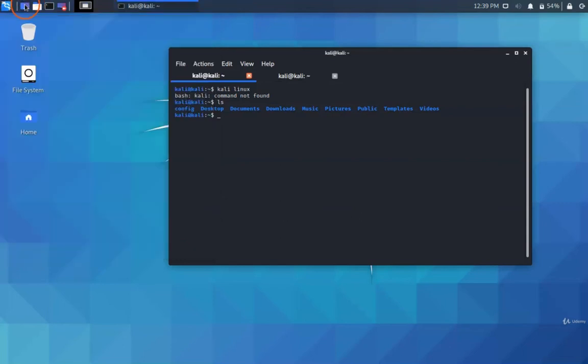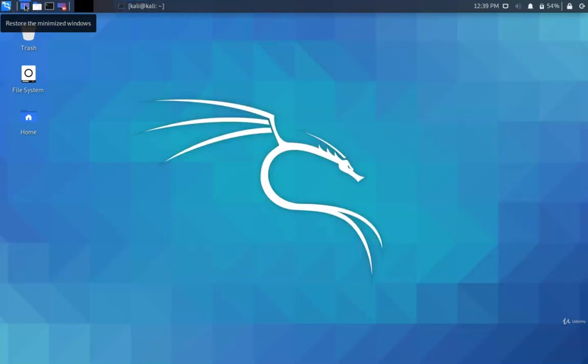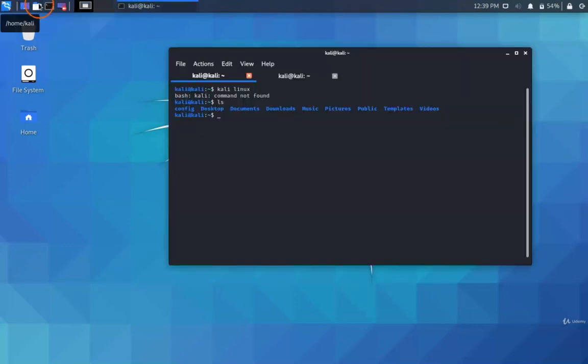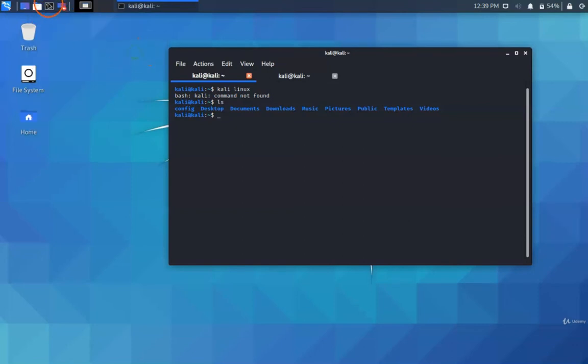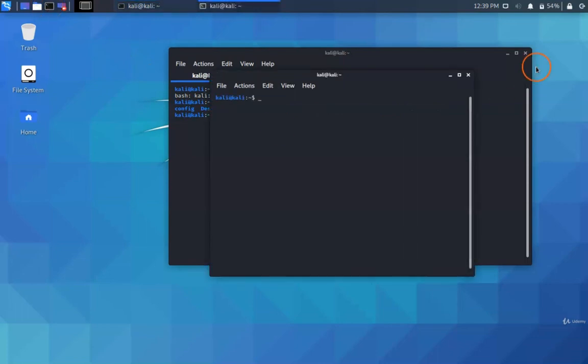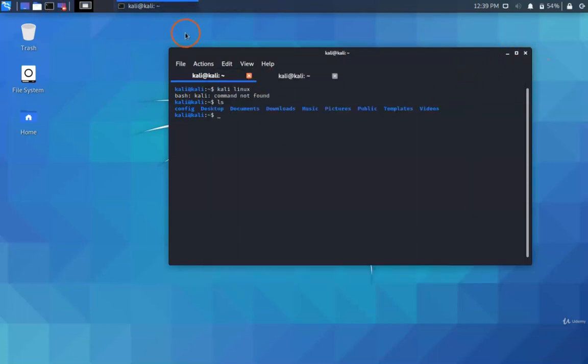Here we can see the minimize button that will minimize everything in a single click. Here is the folders, or the home screen, you can say. Here is the terminal that will open the terminal. This one. Alright. Now moving to the next, this is the recording that will record the screen of the system,